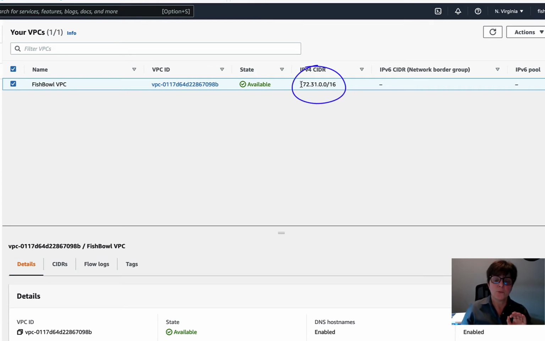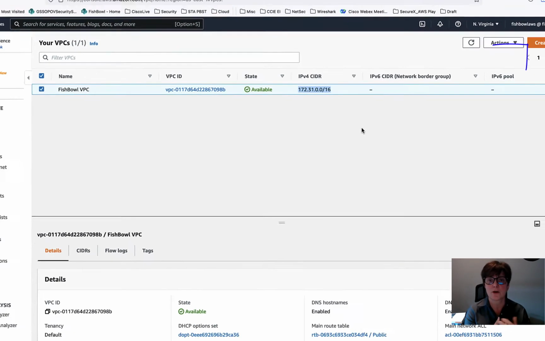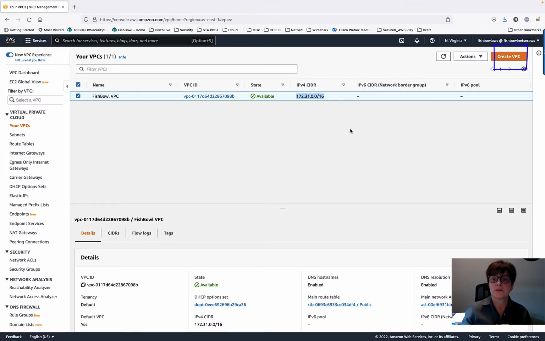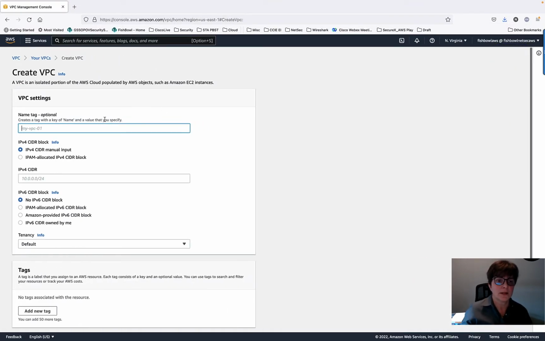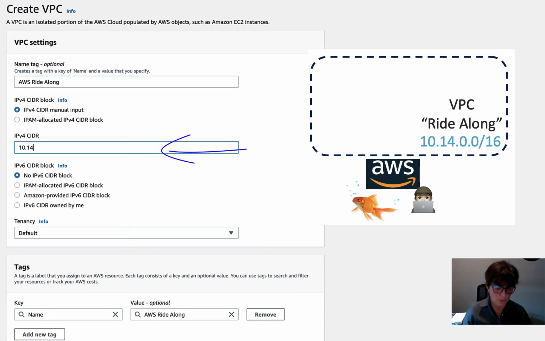Now, if you're wondering why I chose 10.14/16, I do a lot of things that are configured with intent. So I know that my existing environment is 172.31, which is also in the RFC 1918 address space. So when I create the other one, I don't even want to have it close to the CIDR block of my other VPC. So we're going to go ahead and create a VPC, and we're going to call it AWS Ride Along. And the IPv4 CIDR block is manual, so we're going to go ahead and say, like we said before, we want